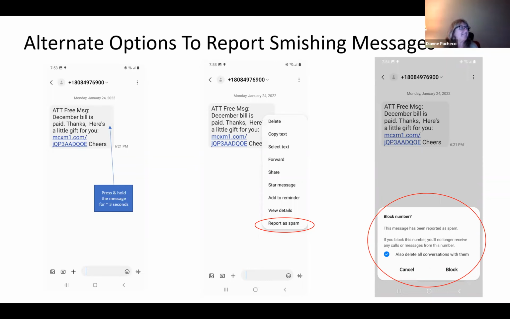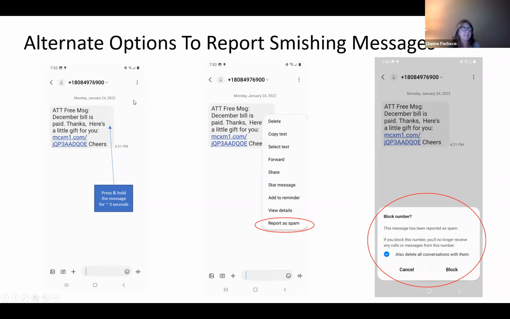Any questions on that? I had a question. Does that work for Verizon too, the press and hold for 3 seconds? So every phone is different. I suspect on an iPhone, it's probably pretty close to the same. And I think it's pretty similar if you're AT&T or Verizon.